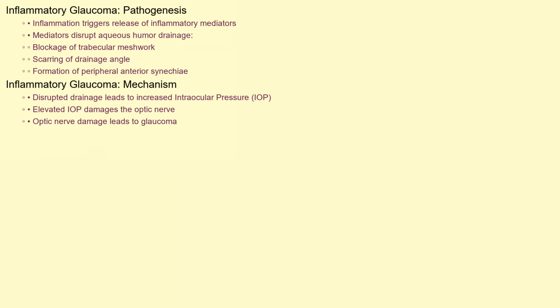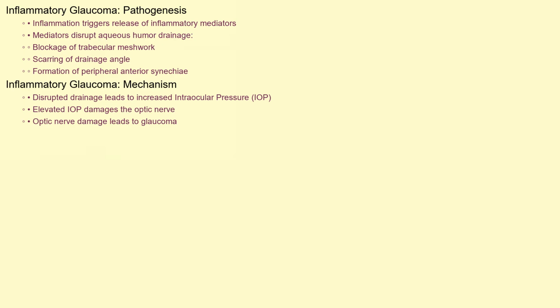Inflammatory glaucoma develops through a multifaceted process. The inflammation within the eye leads to the release of inflammatory mediators. These mediators disrupt the normal drainage pathways of aqueous humor, the fluid that fills the front part of the eye. This disruption can occur through several mechanisms. Firstly, inflammatory cells and debris can physically block the trabecular meshwork, the primary drainage structure. Secondly, inflammation can cause scarring and structural changes to the drainage angle, the area where the cornea and iris meet,